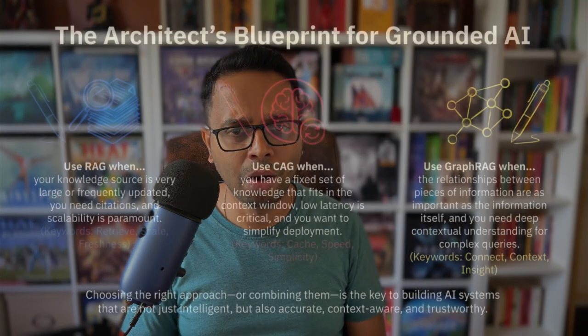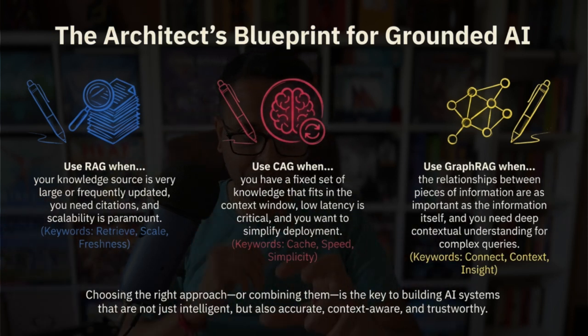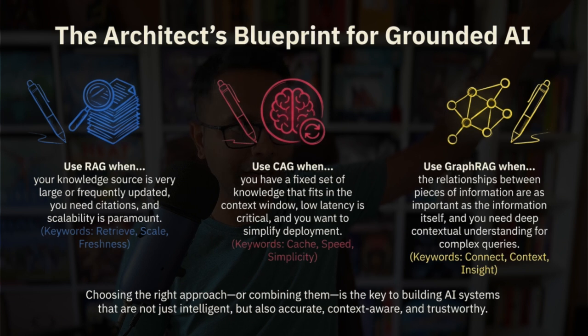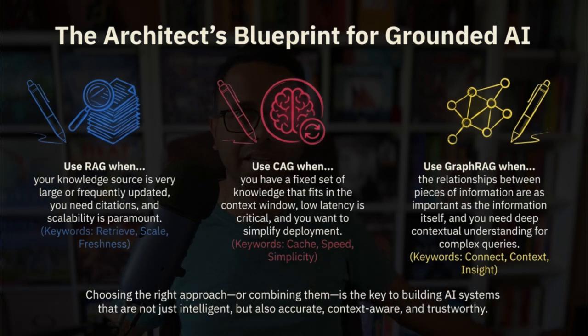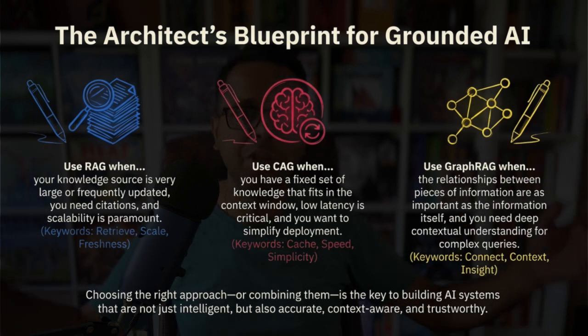So now, coming back to our architect's blueprint, we have seen RAG, we have seen CAG. Now the question that probably comes to your mind is, hey, I can do that with CAG as well. CAG is also not creating, it is actually looking at everything, and it should be able to give me the summary of the conversation because it is getting to see it. And you are absolutely right, it will. But what if the conversation is 7 hours, 8 hours, and the transcript can go beyond 3000 pages? So again, you have to take a decision.